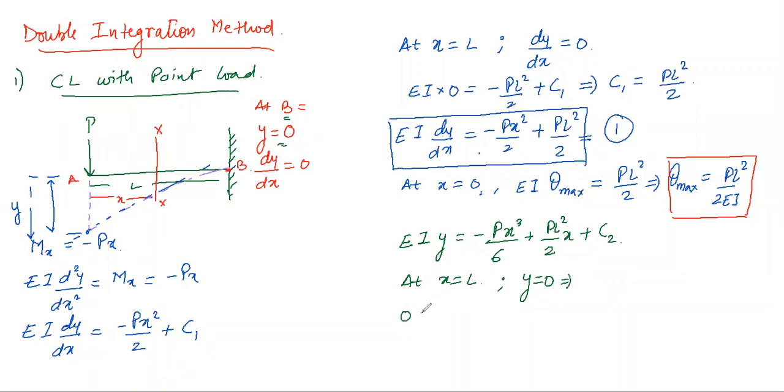0 is equals to minus PL cube by 6 plus अब यहाँ पे देखो PL square है ये L हो जाएगा that is also defined as PL cube by 2 plus c2. Right now, can anyone tell me what is the value ये आपकी वैल्यू ये c2 की वैल्यू कितनी हो जाएगी? c2 is defined as